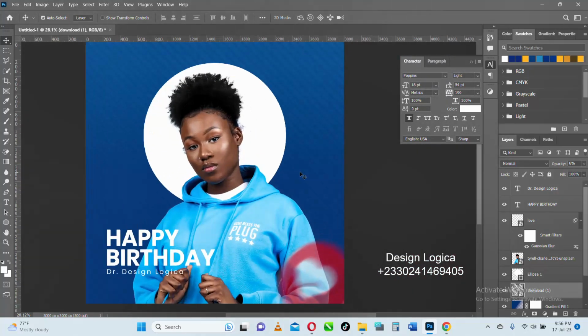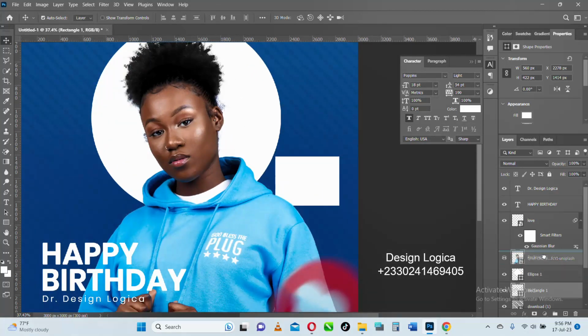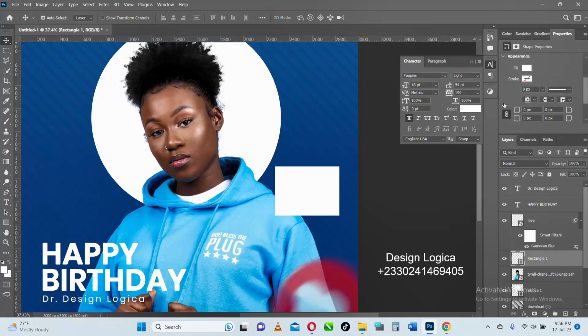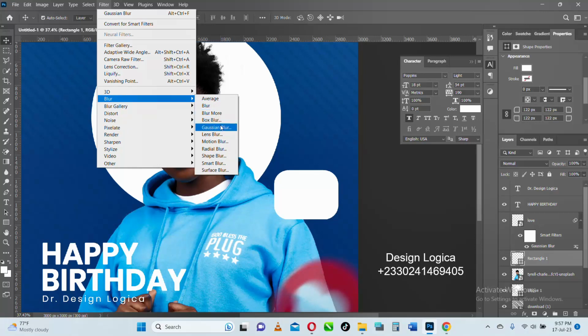What's left again? Maybe if you have any wishes, you can create another rectangle here like this, and then we write anything that we want to do, or you can bring it on top of this, and then we go by it. So let's do it like this. So I believe by now you know the stuffs, and to create this blurring, I want us to just blur it. You go to blur, then you go to Gaussian blur,